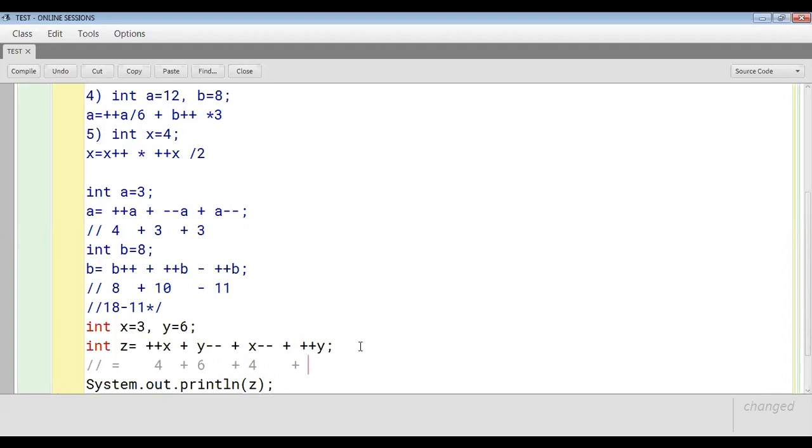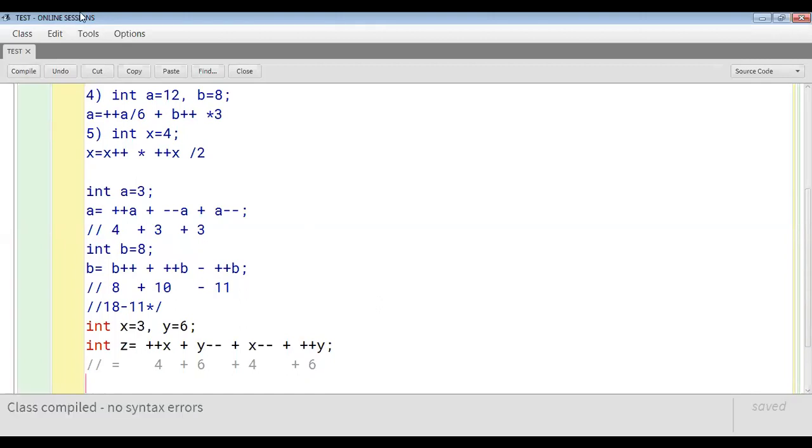And y plus plus. Now remember, what's the value of y here? y was 6 initially but it was y minus minus, so here it will remain 6. Now it has become 5. Now when we use 5 here, plus plus y is pre, so it will change before the action and become 6. So what we get? 6 plus 4, 10. 4 plus 6, 10. 10 plus 10, 20. So our answer comes out to be 20. Understand how it is, beta? Plus plus x.